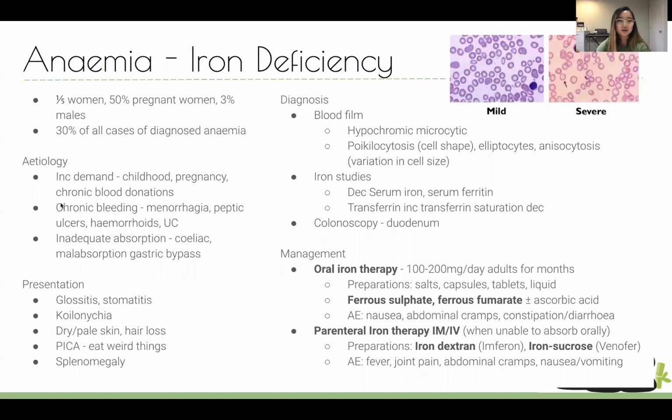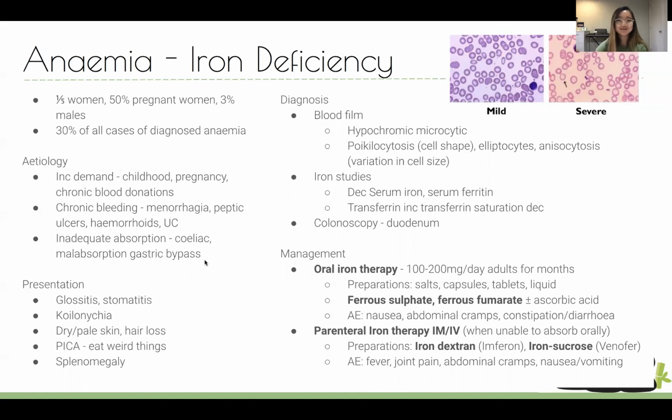You can get it with chronic bleeding, because you're just bleeding out all your iron and your hemoglobin, and you can also get it via inadequate absorption. So increased demand happens in childhood, it happens in pregnancy, and if you give a lot of blood donations. Chronic bleeding can be due to a lot of things, like heavy periods, menorrhagia, peptic ulcers, bleeding into your stomach, things like that. And then inadequate absorption, things like celiac,